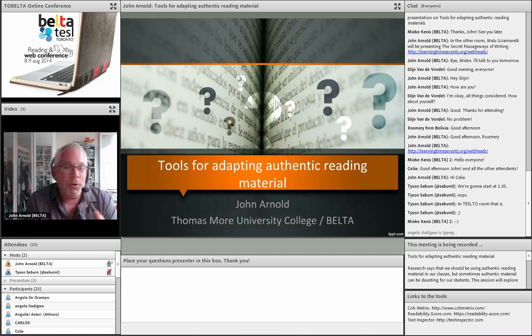So I had to find a way to give my students some guidelines, in addition to giving them tools and approaches for sometimes adapting authentic reading material. And by the concept of adaptation here, I mean keeping the content as authentic and natural as possible, but maybe changing the linguistic or syntactical structure a little bit so the students can comprehend it better.